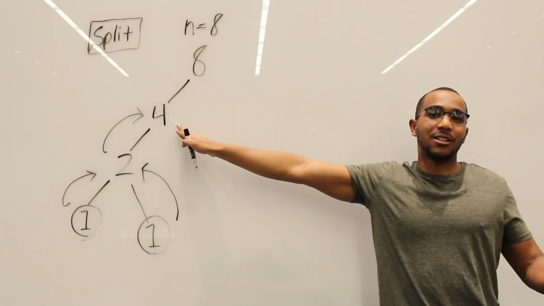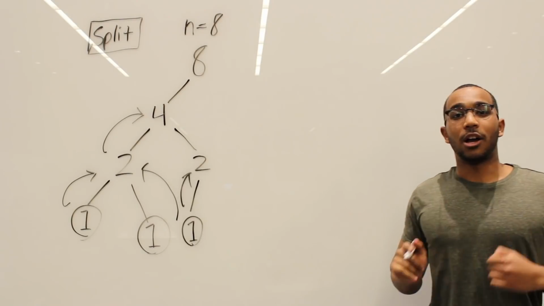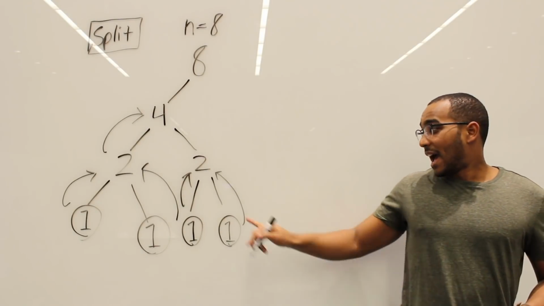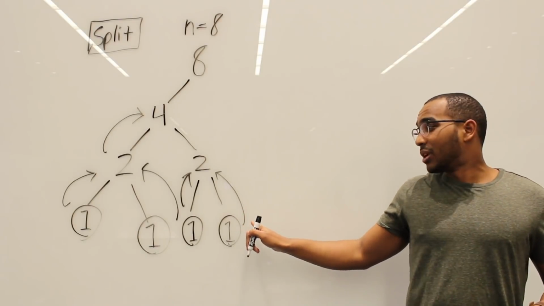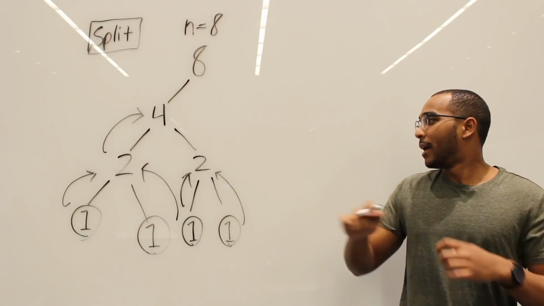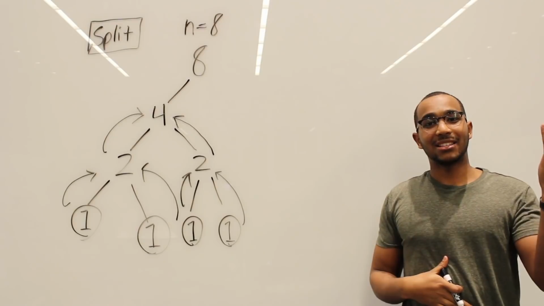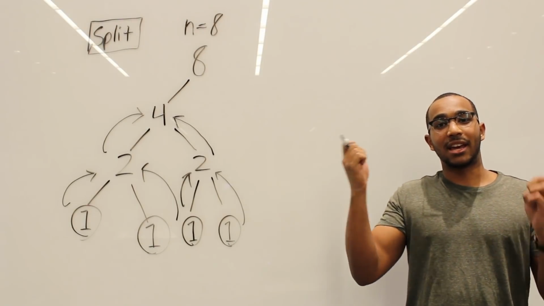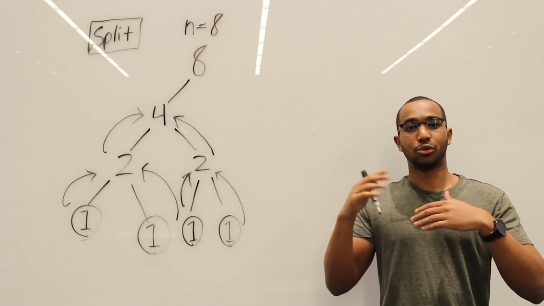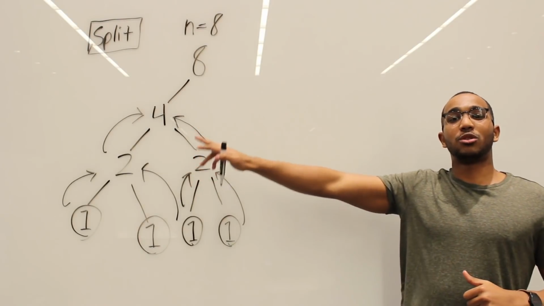Then it says I split right. So I split my input right, and then we split to the left. Another base case, and we return to the 2, and then we split to the right. Okay, and now we have this right here, and we had a base case, we return to the 2, the 2 does its merging routine, and then it returns to the 4. Now the 4 in its left hand has a sorted list. In its right hand, it has a sorted list. I merge the lists together. We're going to look at the merge routine time complexity, but now 4 has a sorted list. It returns back to 8.